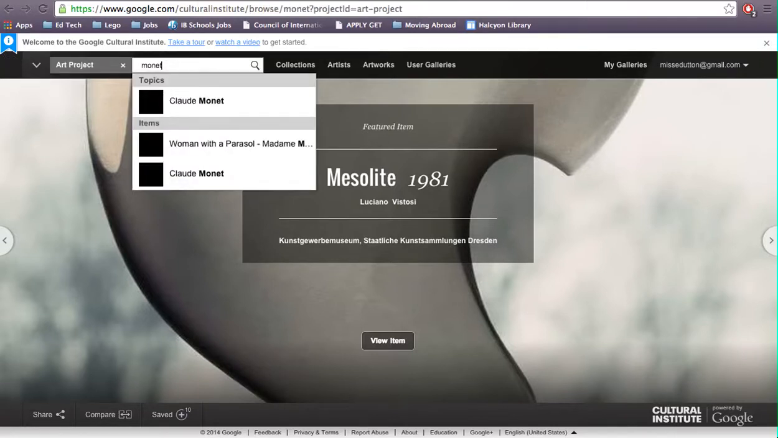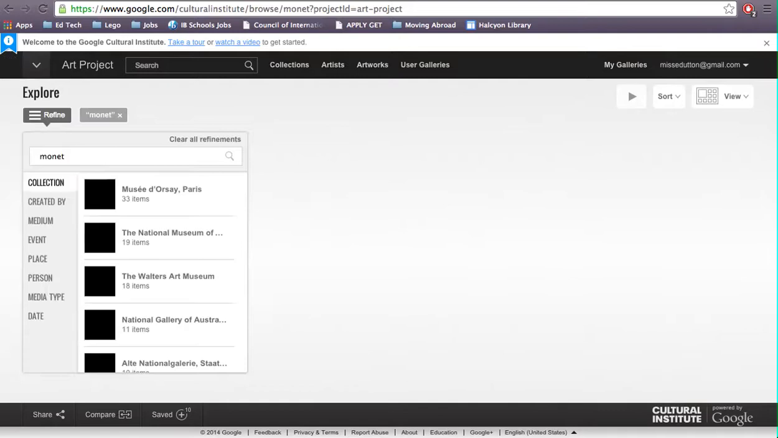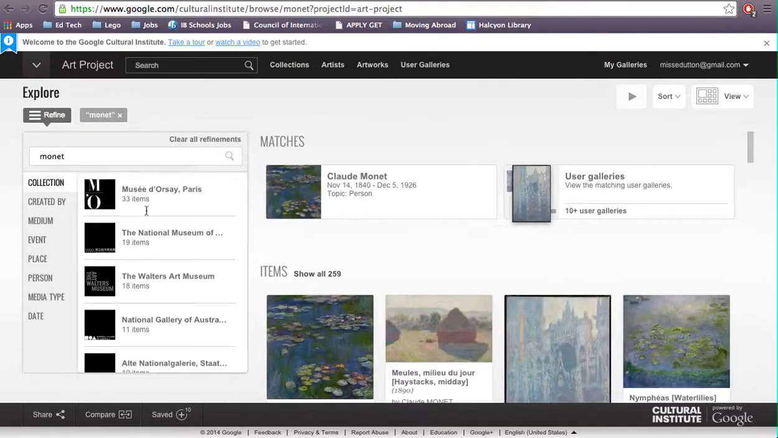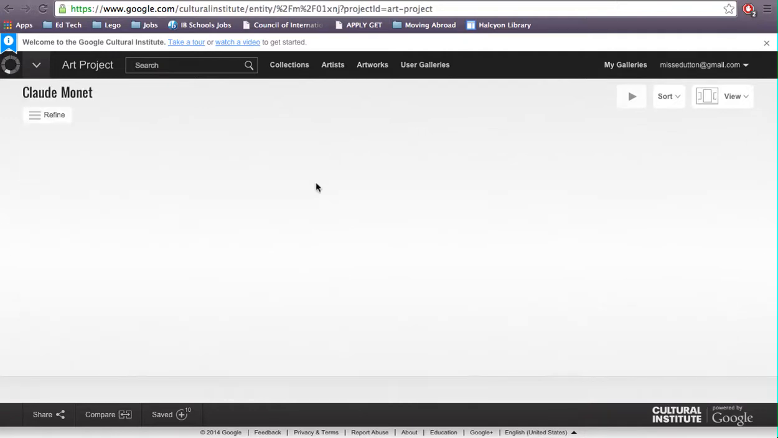Oh, let's look at a Monet painting. You have collections that are created by museums and galleries, and you have ones made by students. You can look at events or places or people, etc. But I think that the collections and created by are going to be the most relevant. So I'm going to look at this one. It's all about Monet, and I'm going to look at that image particularly